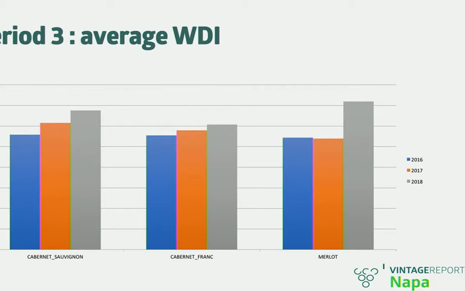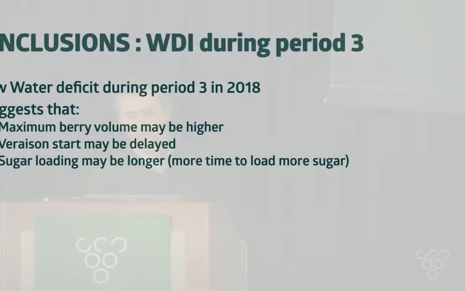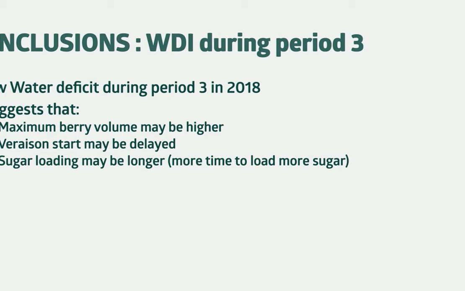What has been the situation? So here I'm looking at all the sap flow sites where we've been tracking hourly water use variations across Napa. And what the picture is showing is that the same trend that we had seen in KCB Max is apparent in terms of water deficit index. In other words, there has been constantly less stress across Cab Sauv, Cab Franc, and Merlot. And we can even quantify that difference. But the take-home is really that we have here an objective parameter to show that there was a low water deficit during period 3 in 2018. What can we infer from that?